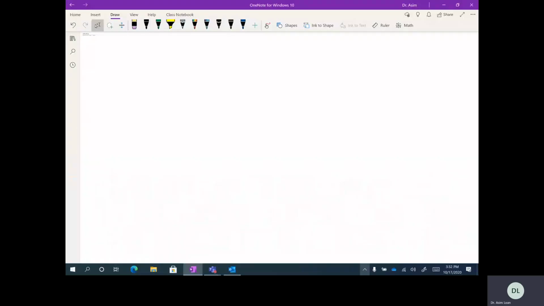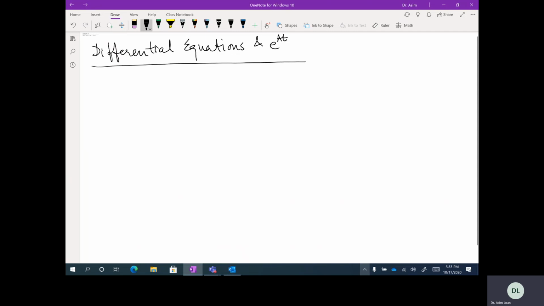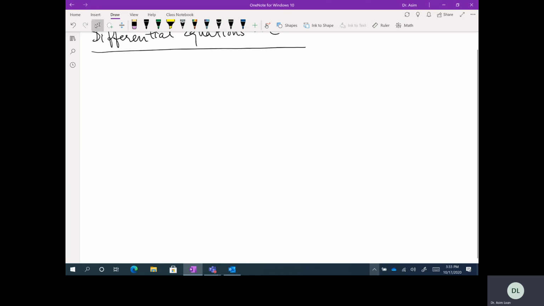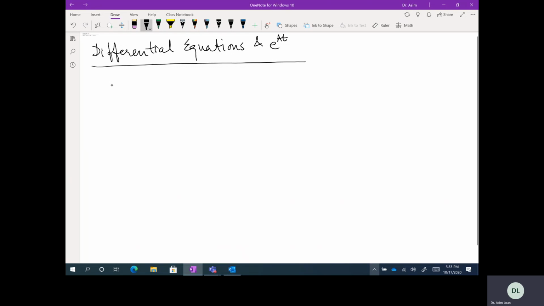So in today's lecture, we are going to solve the differential equation and look at the exponential of a matrix. So differential equations, and e to the At, an exponential of a matrix. How do we compute the exponential of a matrix? For differential equations,